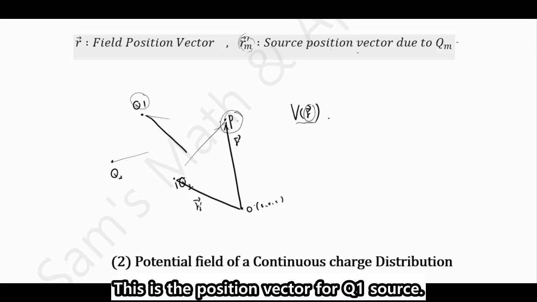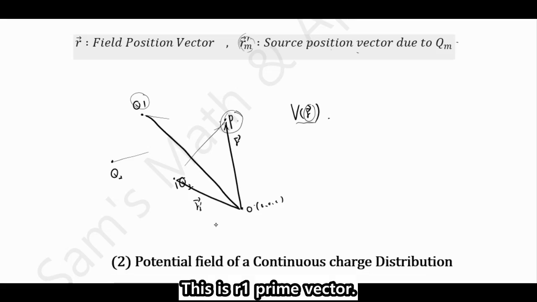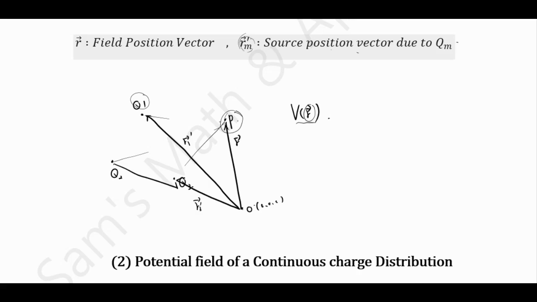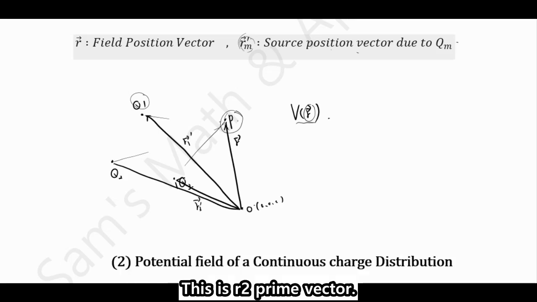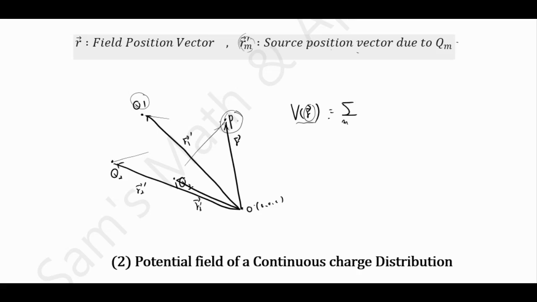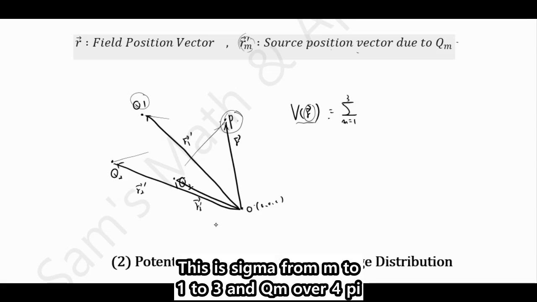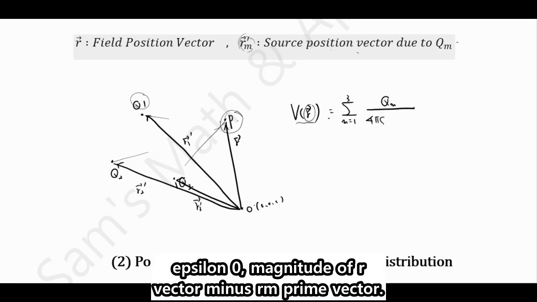This is the position vector for the Q1 source, the R1 prime vector. This is the source position vector for the Q2 source point charge, the R2 prime vector. So this is the sum from m equals 1 to 3 of Qm over 4 pi epsilon 0